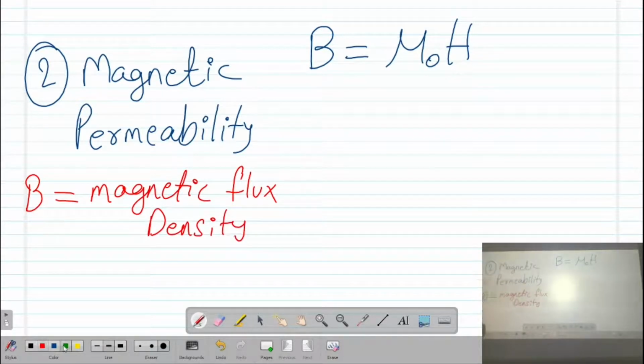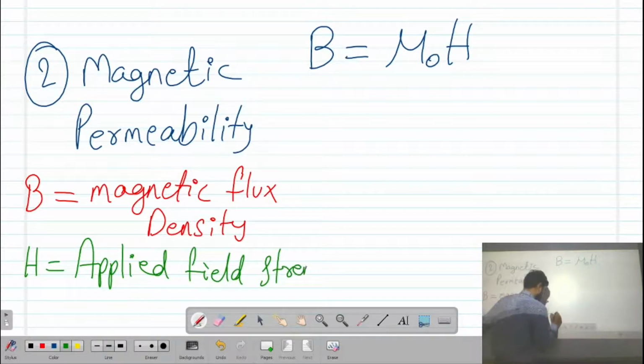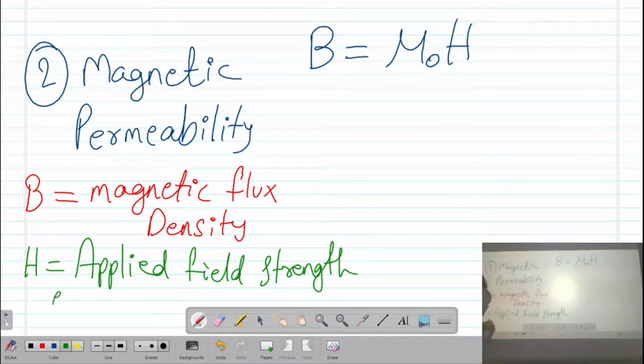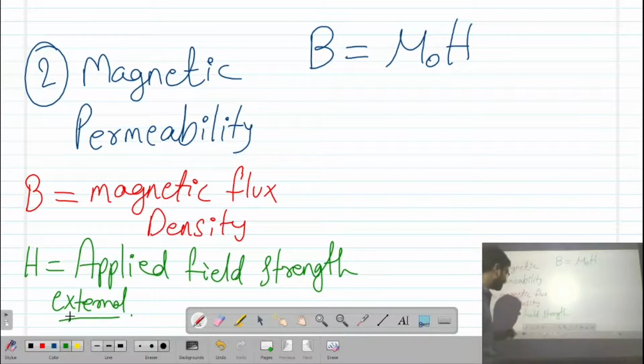And H is the applied field strength, that is external, right, external magnetic field. H is the same as what we have seen in the previous one, susceptibility, but we have relation of B with respect to H, that is flux density.